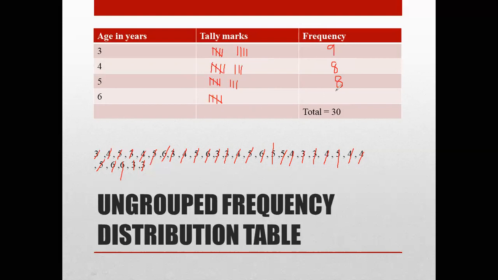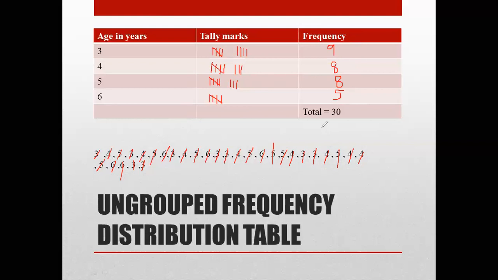This is 5. Now children, this total, because it was given to us 30 children, so this frequency when you add, it should match your total which is given in the question. Then it shows that you have done it correctly, because you can make mistakes when you're striking and when you're putting the tally mark. So be careful. Strike it off carefully and do it with full concentration. If you do it with complete concentration, you will not make any mistakes. So be careful while doing it. It's easy. You'll feel it interesting.